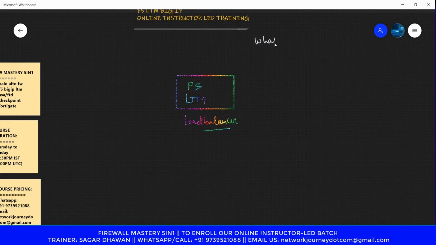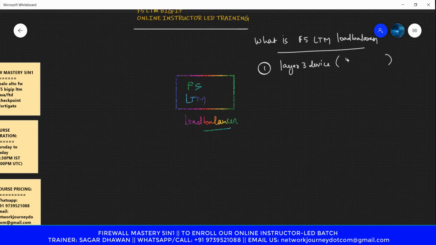So what is F5 LTM load balancer? Well, I can say that it's a layer 3 device because it is able to do the routing.